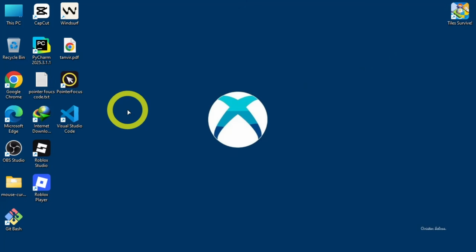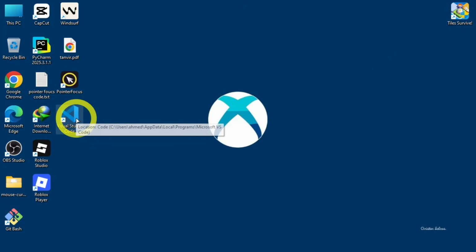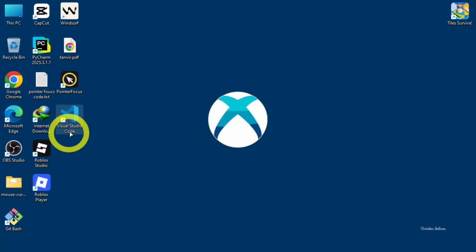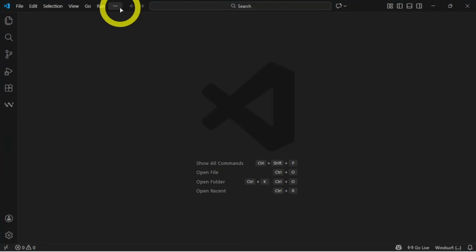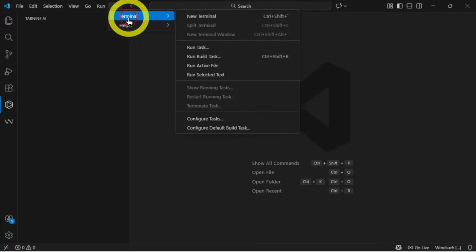At first you have to go for the VS Code, and here you can see I have already installed it in my PC. Now you just have to install it if you don't have this. I'm assuming that you have it, and now I'll open this and I'll go for the terminal. So click here on the three dots and you'll find an option called terminal. So go to terminal,